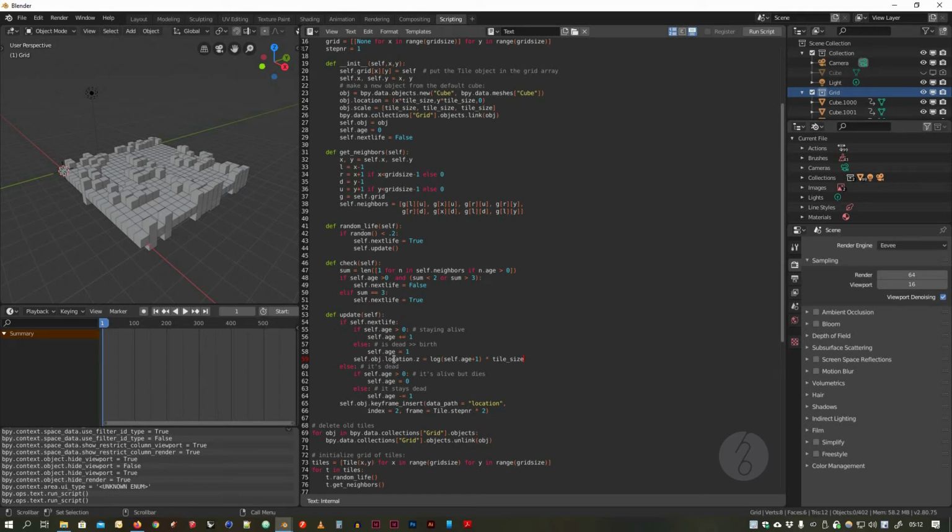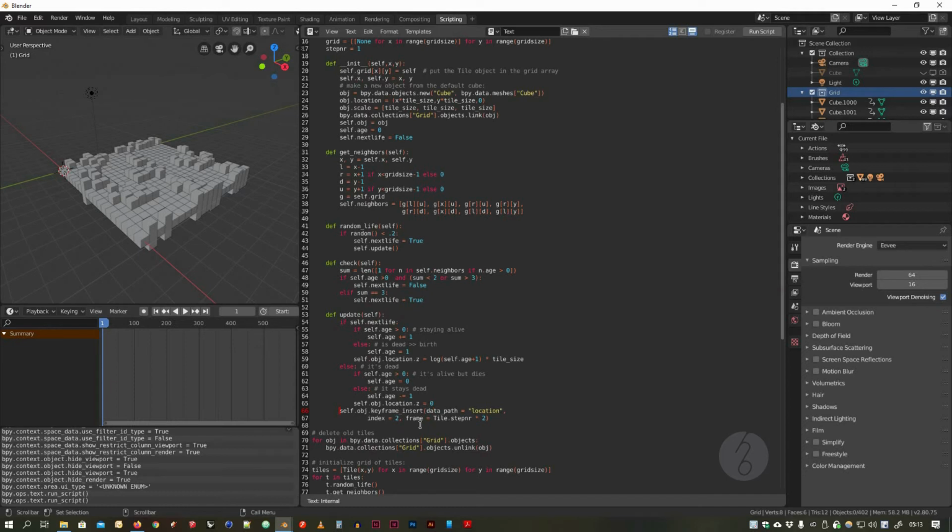So we set the location to the log, and for now let's just say if it's dead, then it's 0,